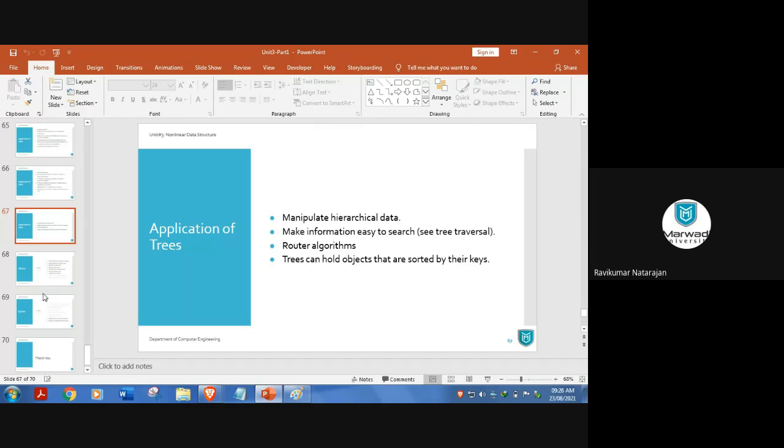Then if that player got out, some other player will come, and they have to fetch all the information again. In that particular moment, they can't search through all the information. Think about that. If they are searching through all the cricketers in the world, it is very difficult. So there needs to be some format for storing information. They use trees there. The software got designed in that way, so they store everything in that tree format so that we can search easily.